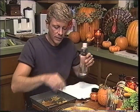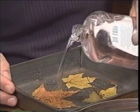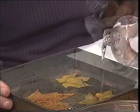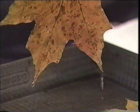The first thing you'll do is you'll take baby oil, and we're going to try to preserve these so these will last for years to come. So then you dump the baby oil in to cover the leaves completely, and you let them soak just for a few minutes. You want to make sure your leaves are dry and not damp or wet if you pick them off the ground. And once they've soaked, then take them and let them drip dry like this, just to get all the excess oil off,